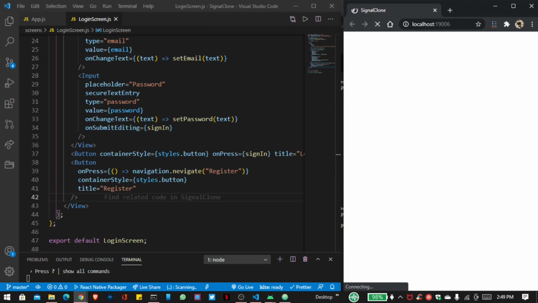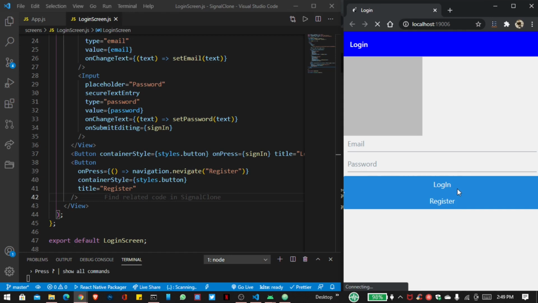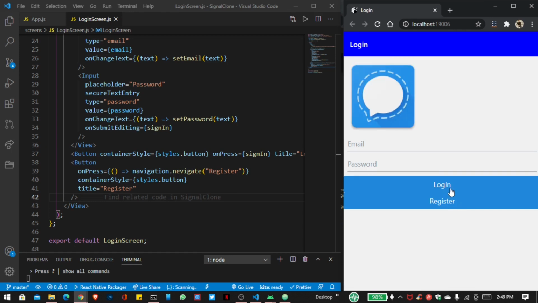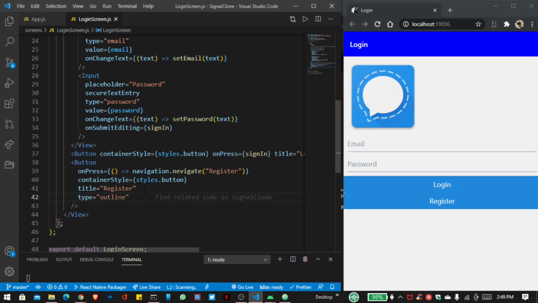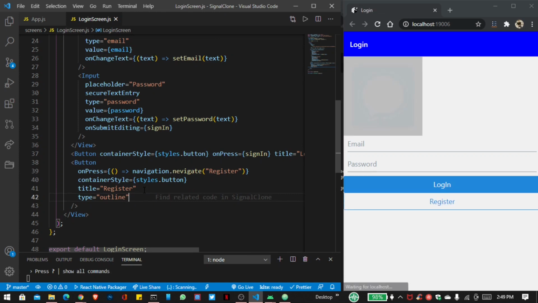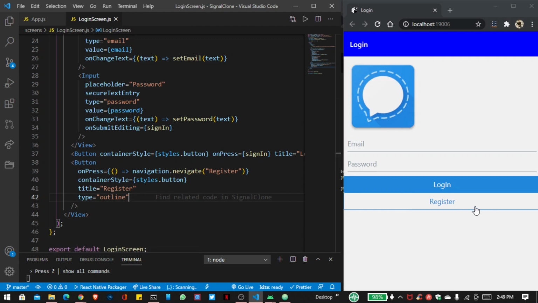refresh our page. So at here you can see our login and register button is added successfully. So to differentiate these two buttons, here I apply type, that is outline. If you got any error, then you can check my description. I added the GitHub code link, so you can simply copy this code and paste inside your machine. So here you can see our button is differentiate now,